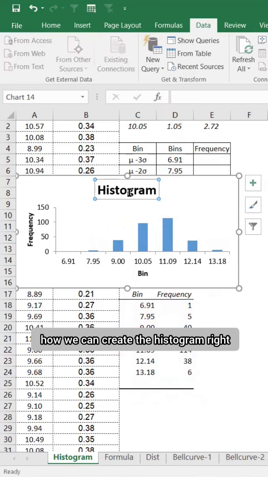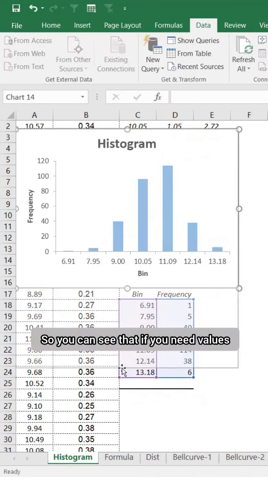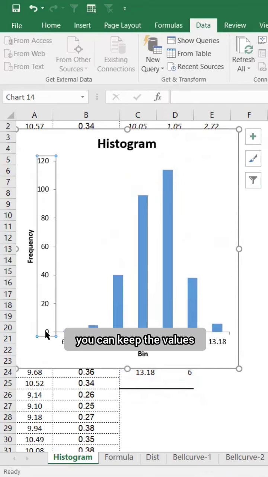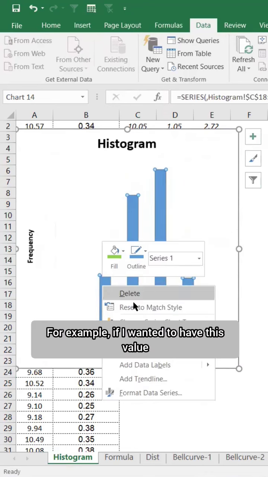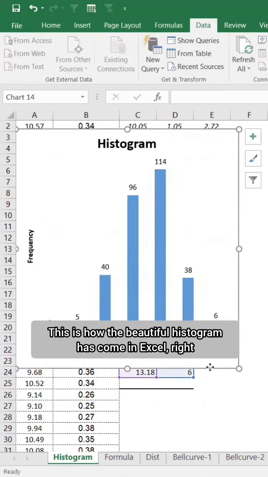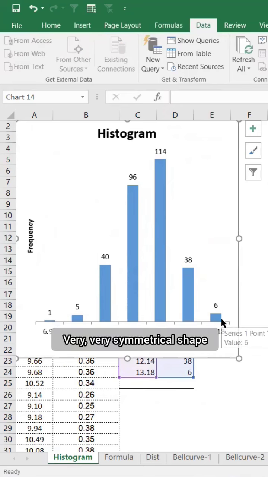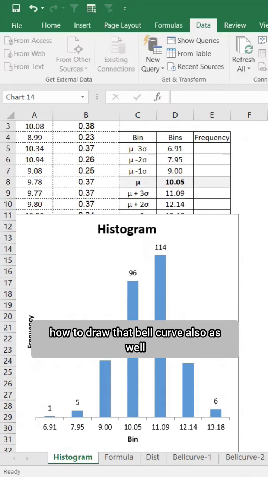So this is how we can create the histogram itself, right? So you can see that if you need values, you can keep the values and all that, right? For example, if I wanted to have this value, you can just create this value. This is how the beautiful histogram has come in Excel, right? A very, very symmetrical shape it has come to. And then we also learn how to draw that bell curve as well. Let's say if you